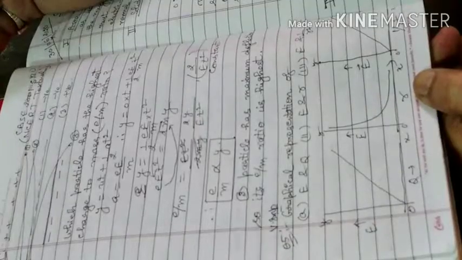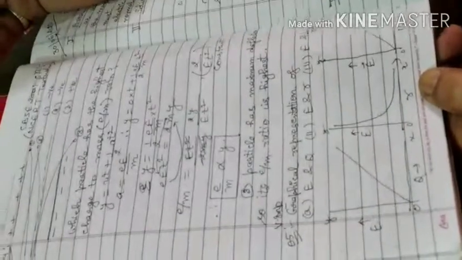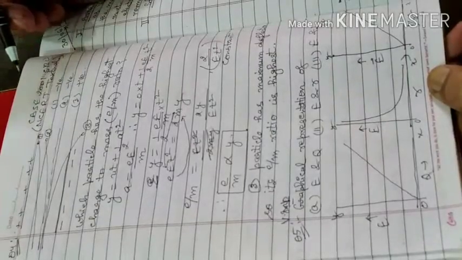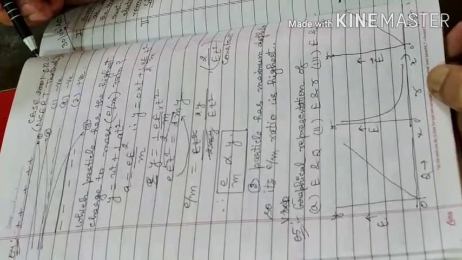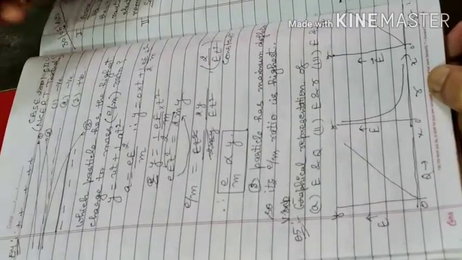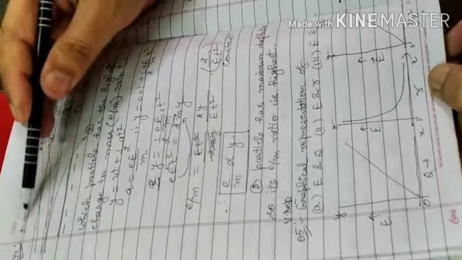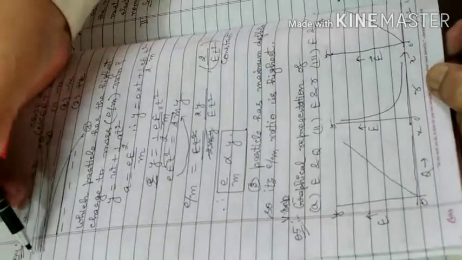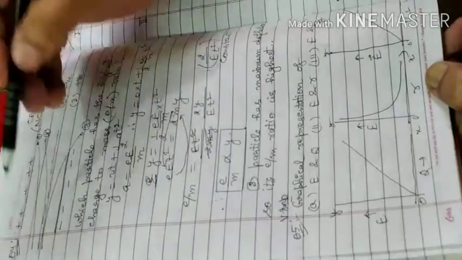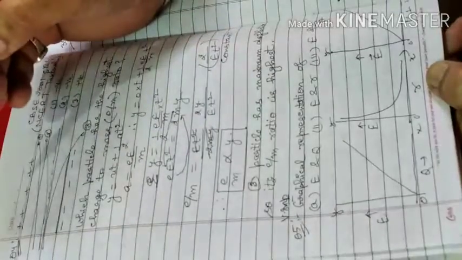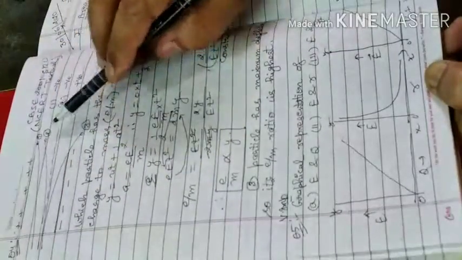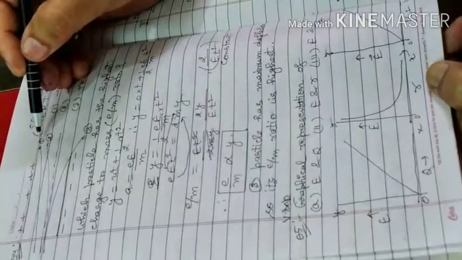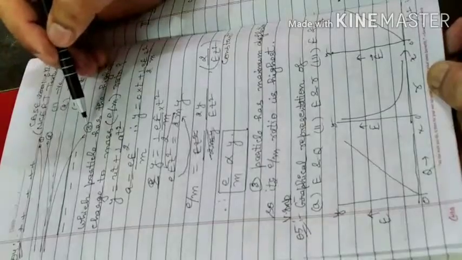Now see question number 4. This is also from the NCERT, and this was also asked in the CBSE 2001 supplementary compartment examination. The electric field is there, two plates are there. This is the positively charged plate, this is the negatively charged plate, and this is the mid line. Here we have three charges: first, second, and third. We have to give the nature of the charge for each.